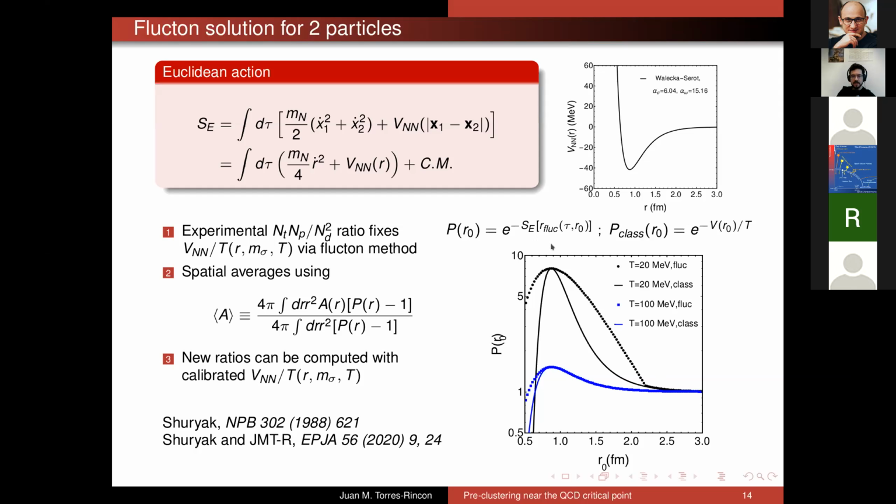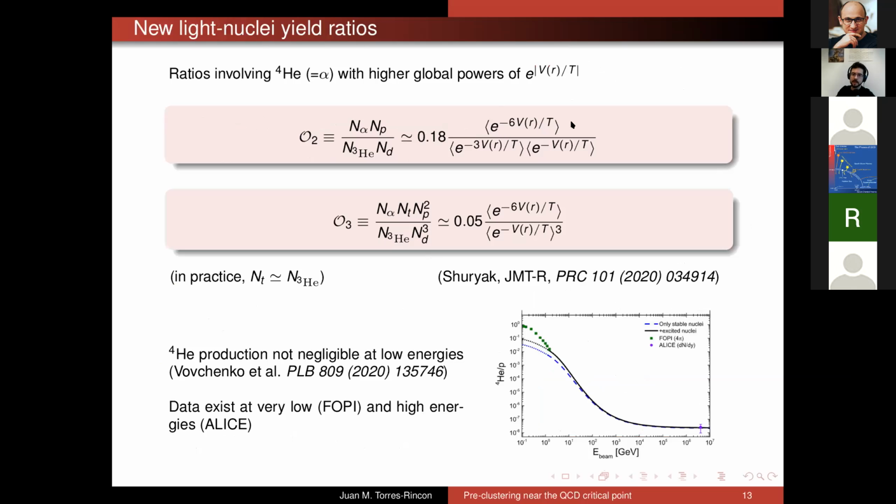So now the point is the following. I take my experimental data from the Triton ratio, and use this Ffructan method to gauge how much the modification of the potential is for each of the points of this ratio. In fact, I have this potential, which is analytic, and then everything depends on the sigma excitation mass. Once I can do this, because I have this probability, and the probability allows me to compute spatial averages. And these spatial averages are the thing that I need here.